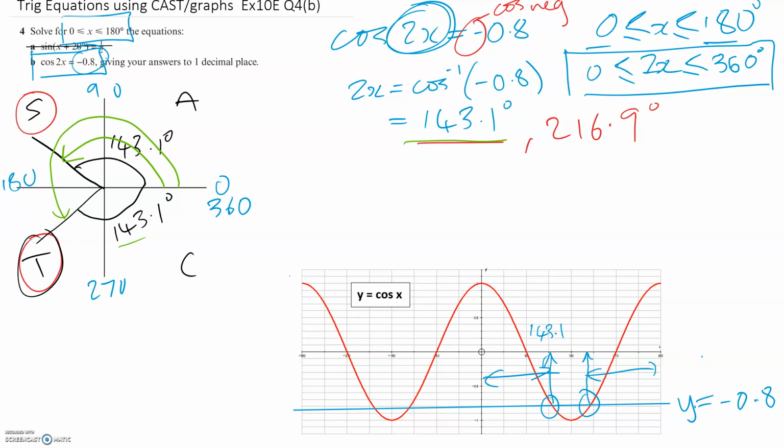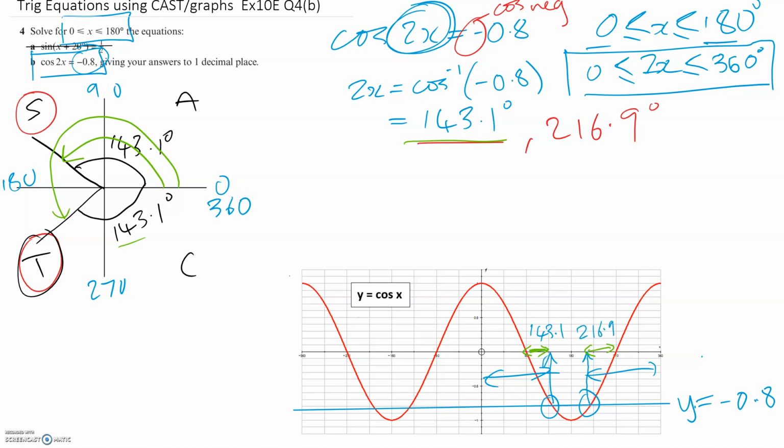It's symmetrical, isn't it? So you could do 360 minus 143.1, or you could do it like this. You could say this distance here is the same as this distance. So you can work out the two green distances and then find what this point here is. However you do it, I did it by doing 360 minus 143.1,